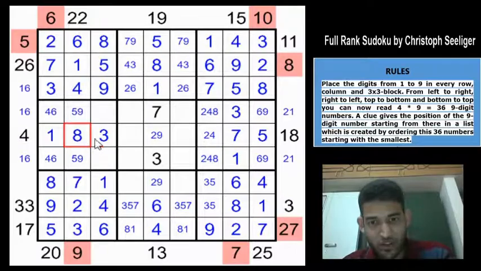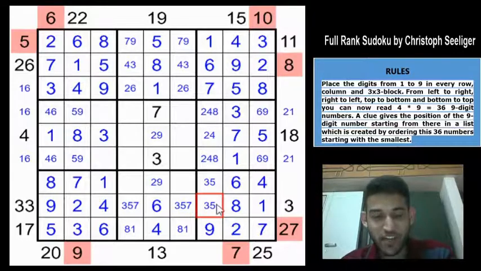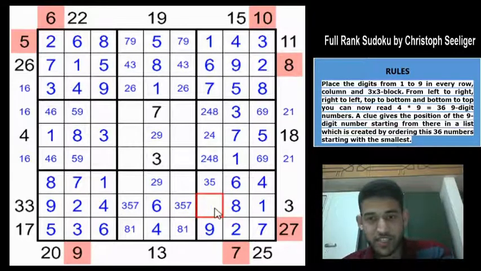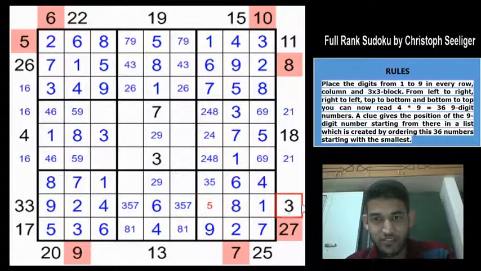We know that the 4 clue is having 183 here, which means that the 3 clue cannot have a 5 here. What a deduction, what a very sharp deduction. Because if this cell is a 5, then we are having 1, 8 and 5, which means that this clue will be greater than the 4 clue, which is a violation. So which means that this will be a 3, right? And this must be a 5. So this must be a 5, 7 and this must be a 5, 7.